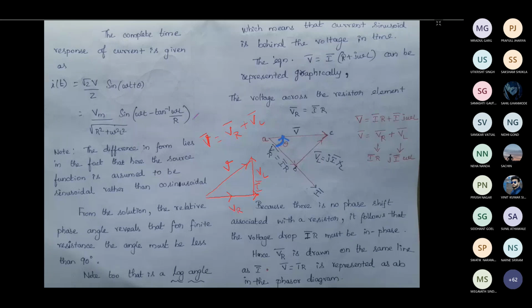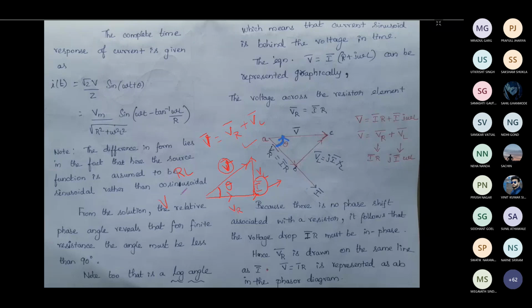Okay. So this is about the circuit. You remember what this I and this V are. This V is the overall source voltage, and this is the overall current which is flowing in the circuit. From this, you can understand that the angle difference between the voltage and current is some angle theta. So what is this phasor diagram? This phasor diagram is for a series RL circuit.